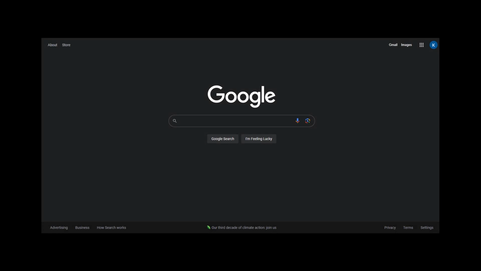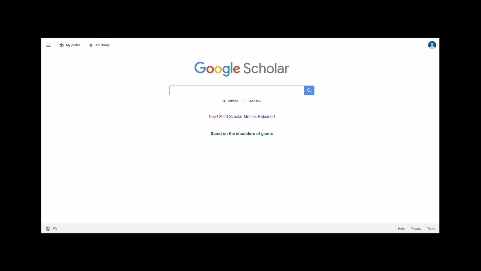We all recognize this familiar Google search bar, but you'll find that once you set a search in motion, the Google Scholar experience is quite different from what you might be used to. The first thing you need to do is make sure your A&M login credentials are registered with Google Scholar in